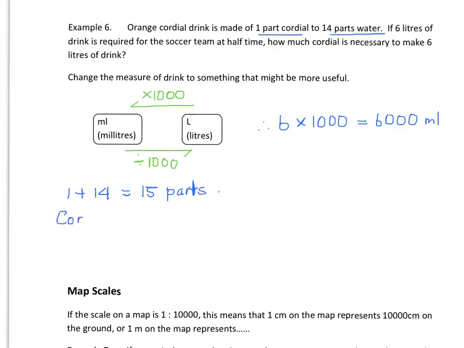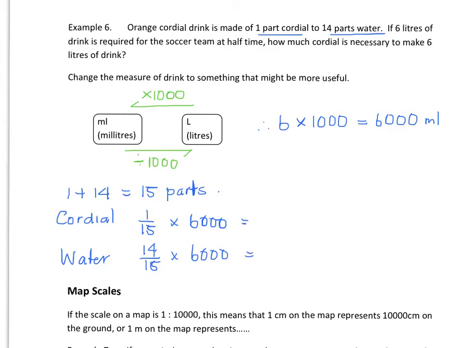Cordial is 1/15 of that, and the water is 14/15. Of, remember, means multiply in fraction operations. The total 6,000,